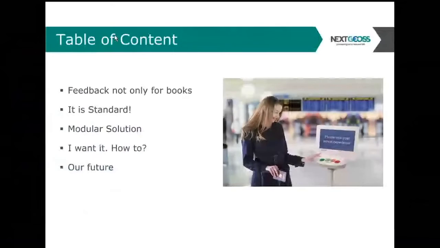What we are going to talk about today is geospatial user feedback, and I tried to make a table of contents a little bit more direct and original here. We will say that feedback is not only for books. We will say that feedback, at least geospatial feedback, has been standardized. We will present modules of the solution we are building here in NextGEOSS, and assuming that you want it, we will tell you how to do that, and eventually we will reflect on our future and the future of